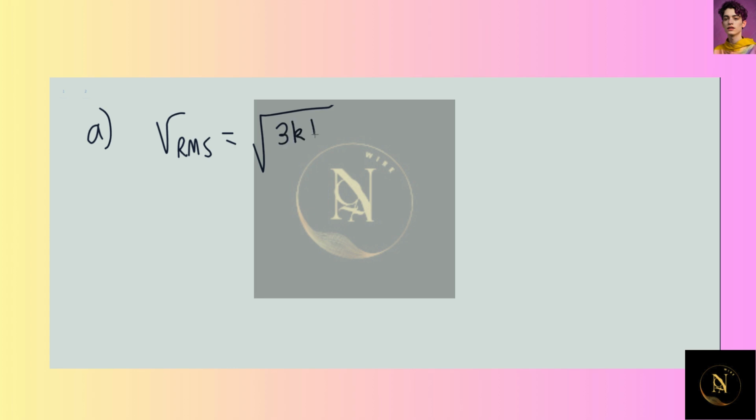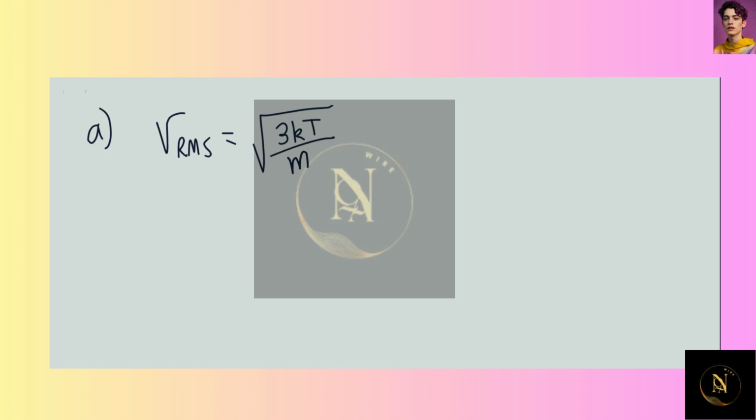In parts A, B, and C, we're asked to find, respectively, the root mean square velocity, which we can just get from kinetic theory. Then we're asked to find the frequency that an individual atom collides with other atoms, which we're going to call f sub C. And in part C, we're asked to find the total frequency of all the atoms colliding per second, so the number of collisions per second total in our sample. Okay, so to start us off,